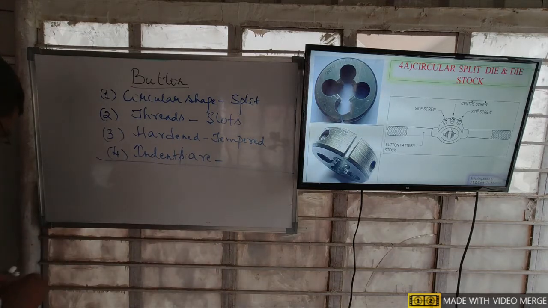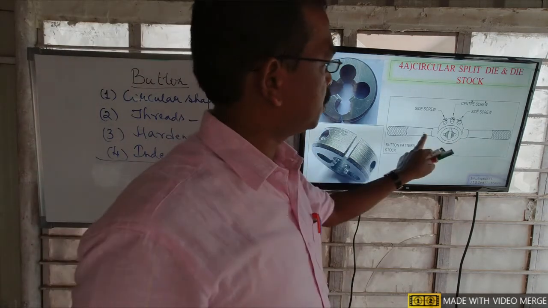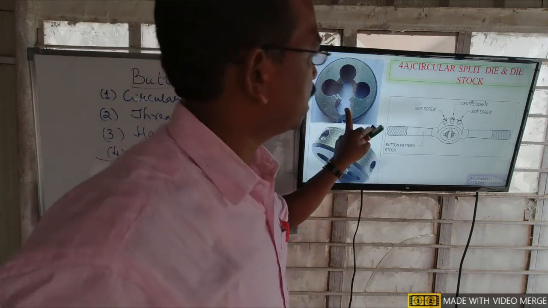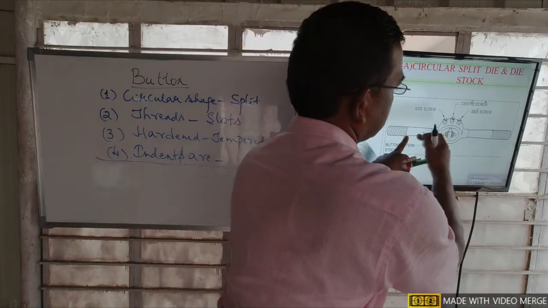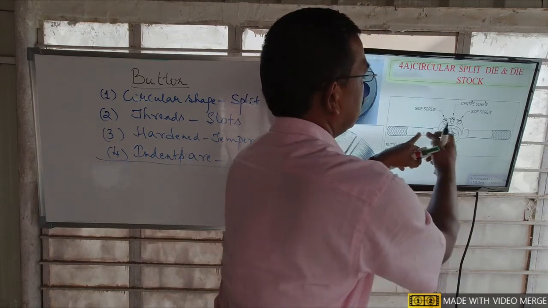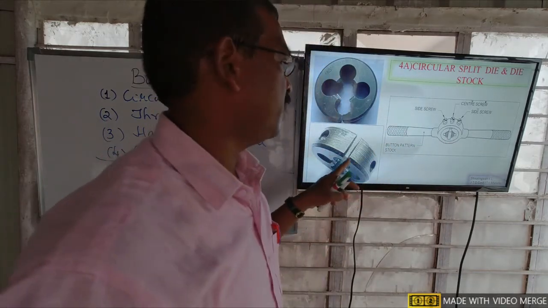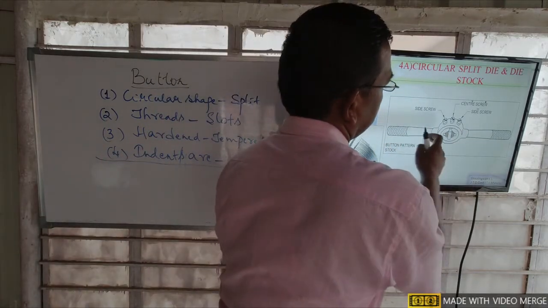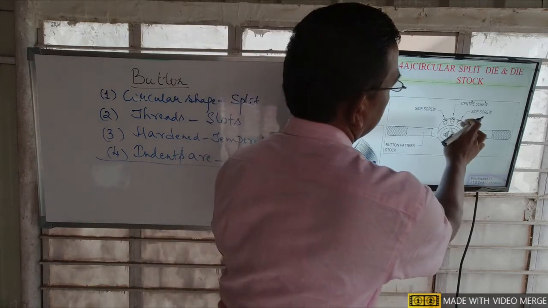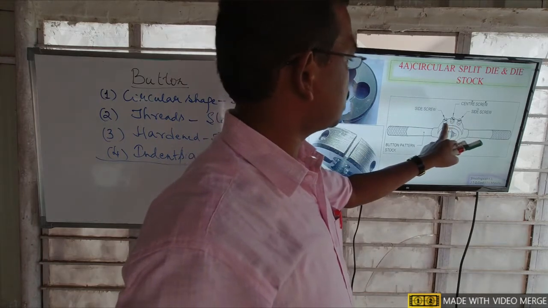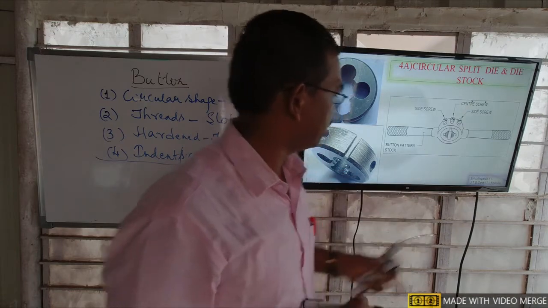So now let us see the die stack. See, this is the special die stack which is used to hold this circular split button die. It has two button pattern stocks. These two stocks are fixed to this housing. These are permanently fixed, with no movement like our tap rings. So it is permanently fixed to this collar, and also it has three screws. These two screws are called side screws, whereas the one at the center is called the center screw. Okay.